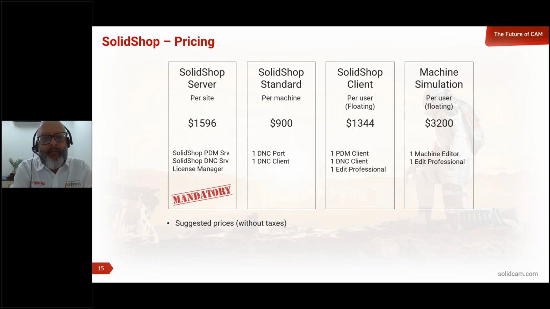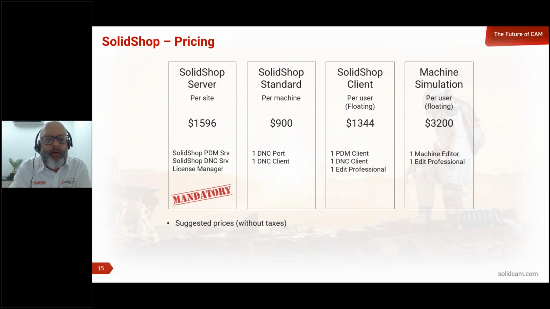So this is pricing. I think this is a slide that many people were waiting to see. It's very important to say these are suggested prices. This will be discussed with the sales leaders of every region. And these are starting prices. We basically put together packages that allow us to offer standard solutions for standard scenarios, but of course we have flexibility to combine things differently.